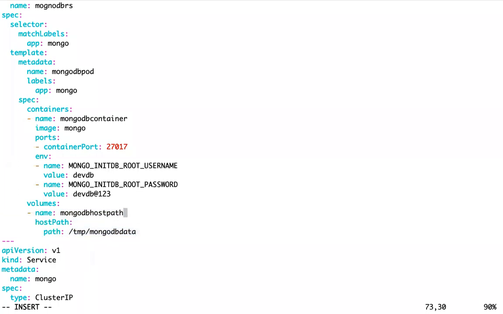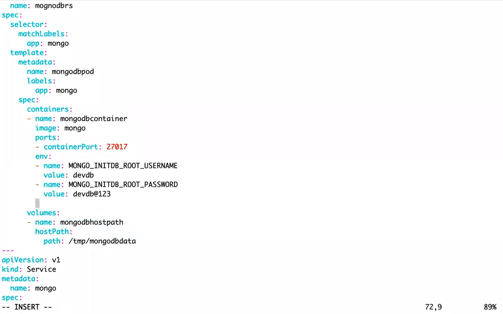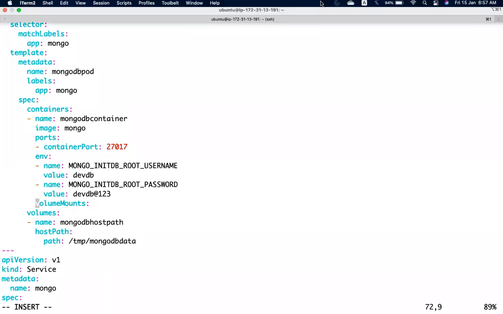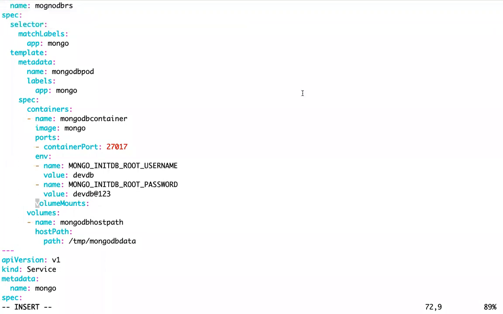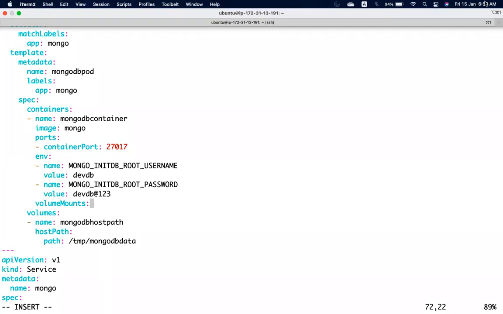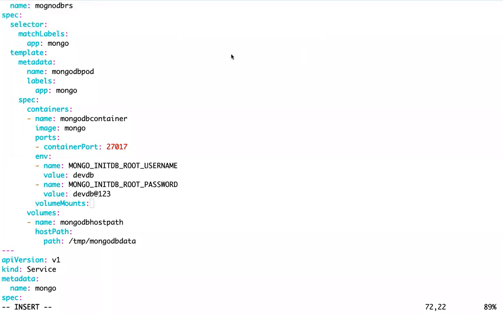But where should I use these volumes? How can I mention it here in the containers? At the container level, you have volumeMounts.